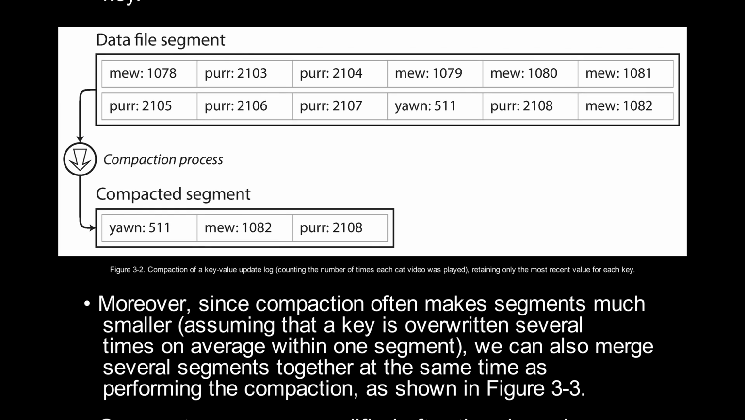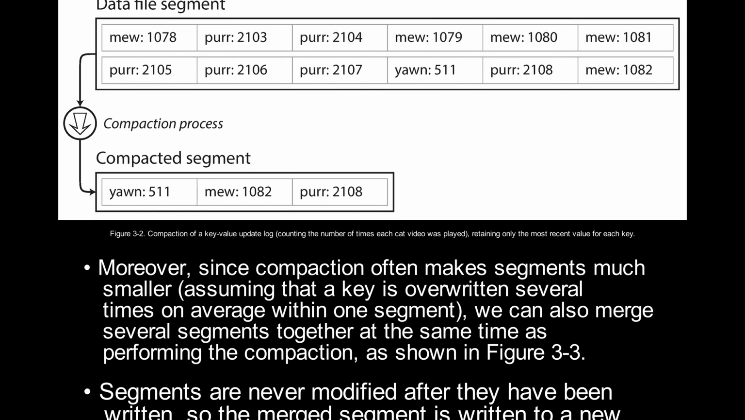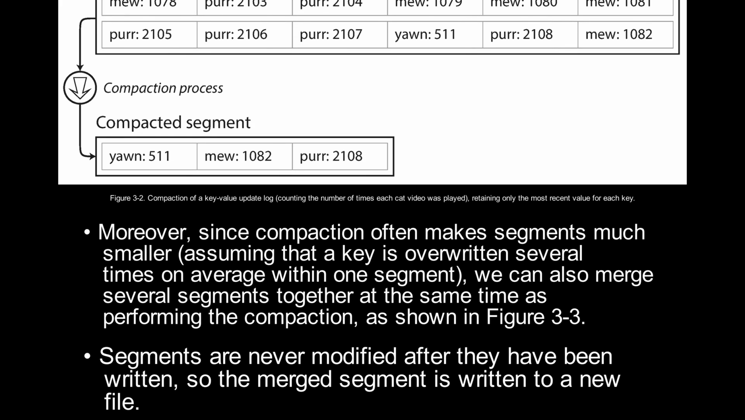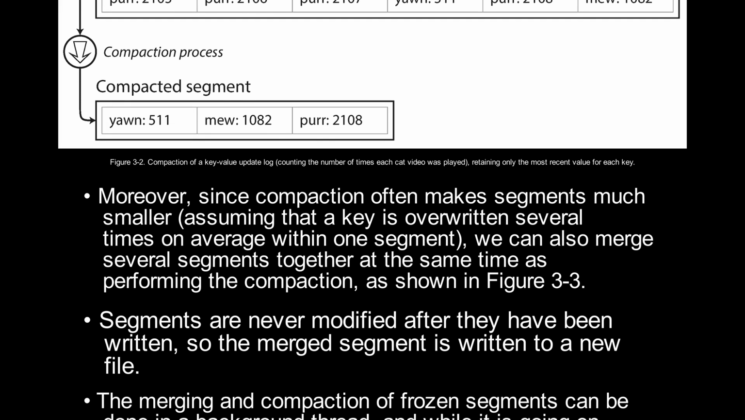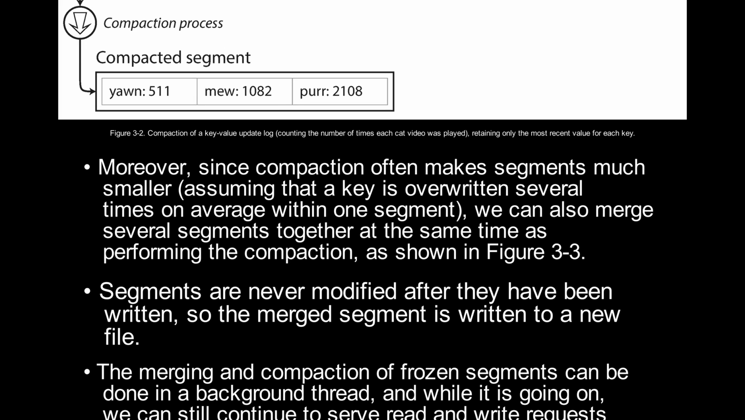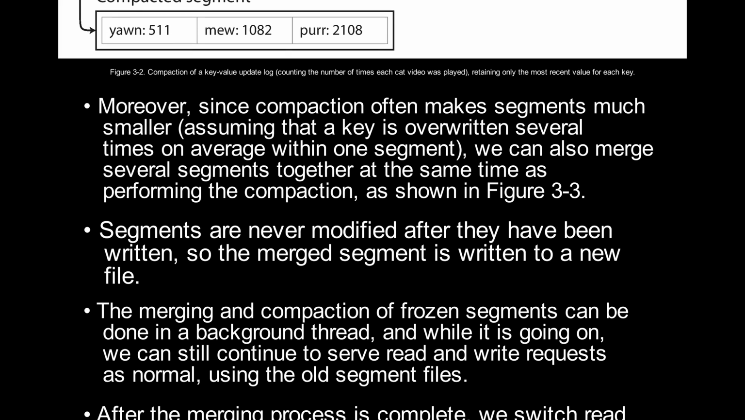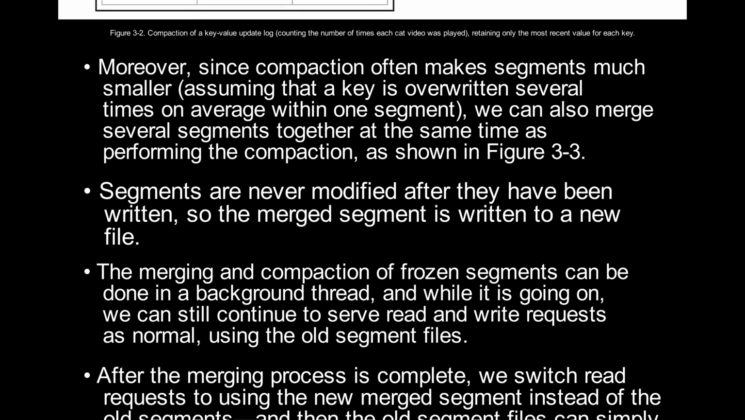Moreover, since compaction often makes segments much smaller, assuming that a key is overwritten several times on average within one segment, we can also merge several segments together at the same time as performing the compaction, as shown in Figure 3-3. Segments are never modified after they have been written, so the merged segment is written to a new file. The merging and compaction of frozen segments can be done in a background thread, and while it is going on,